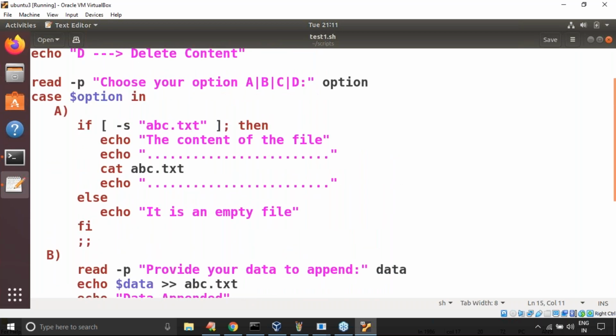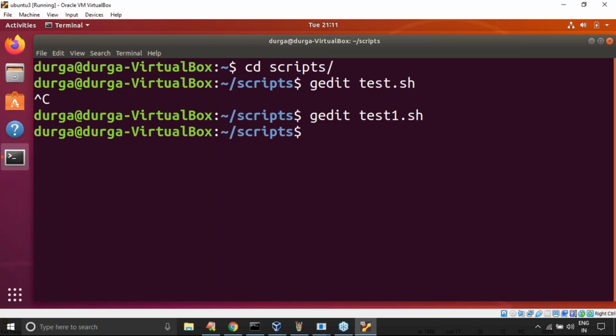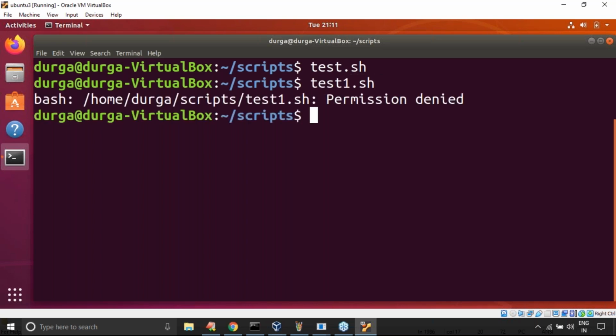display the file content. B means append. C means override. D means delete. Okay, next, default action means, sir, choose again any option. That's all, this is about my requirement. Test.sh I'm taking, sir. Now observe that test.sh. Sorry, I pasted inside test1.sh. Okay, I pasted, permission denied, chmod u+x